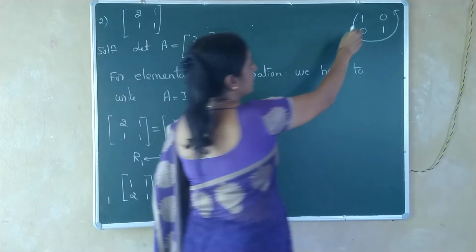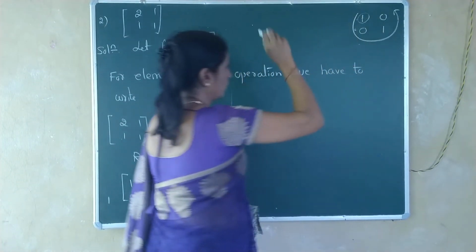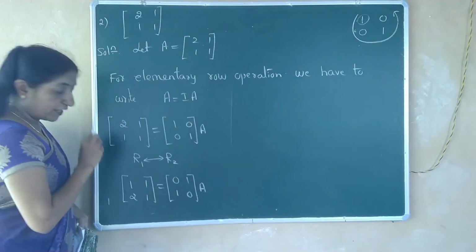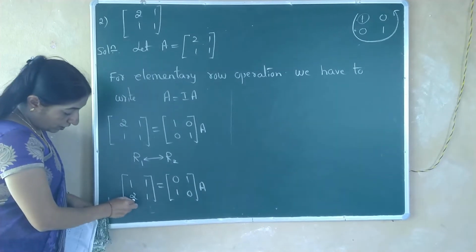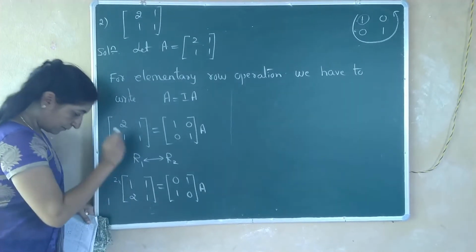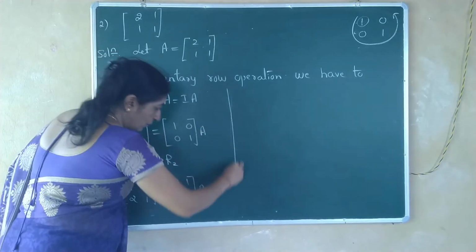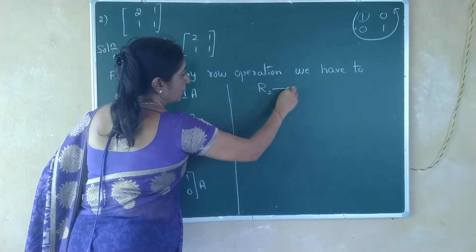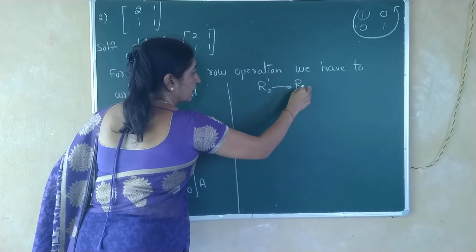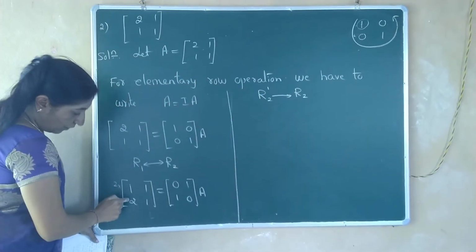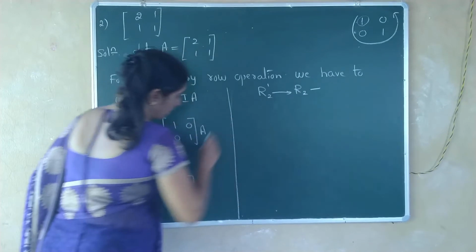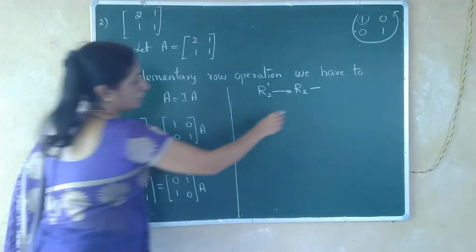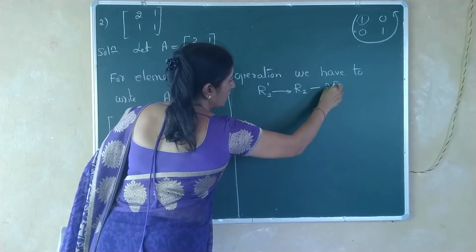We converted this one. Moving to the next, 0. In place of 2, we have to make it 0. The same number multiplied here. So 2 is present in second row. R2, the same row we have to write. R2. Which side we have? Plus. So write minus. Which number is present? 2. With corresponding first row.